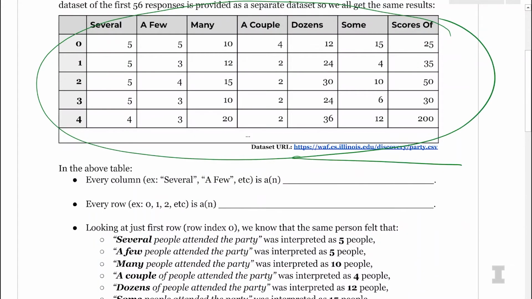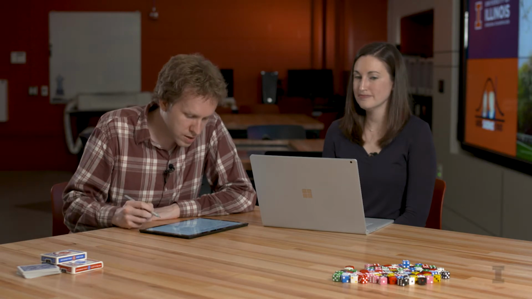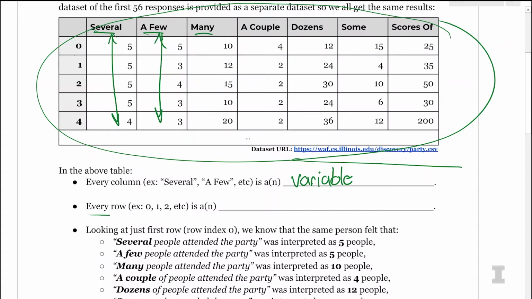In the data above, you can see a number of different columns. Each column runs from top to bottom. For example, several is one column, a few is another column. And we call each of these columns and the data in each column a variable. So these are the different variables that talk about the observations that we're observing for every single person who takes the survey. So I said observation, and that's exactly what every row is. So every row, for example, index 0, index 1, index 2, is technically called an observation.